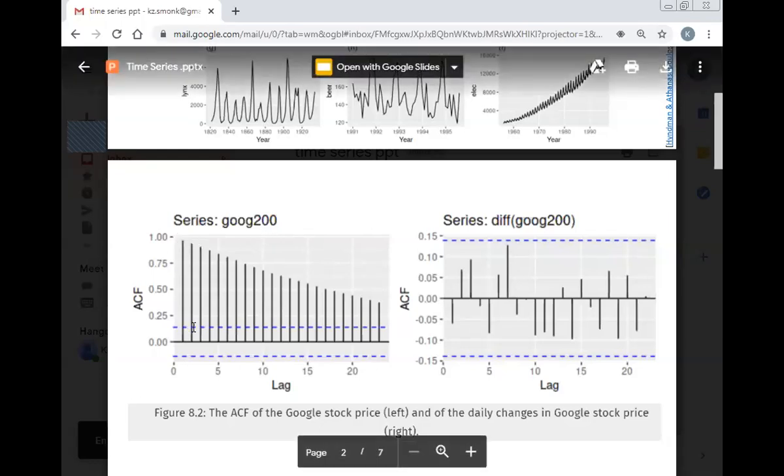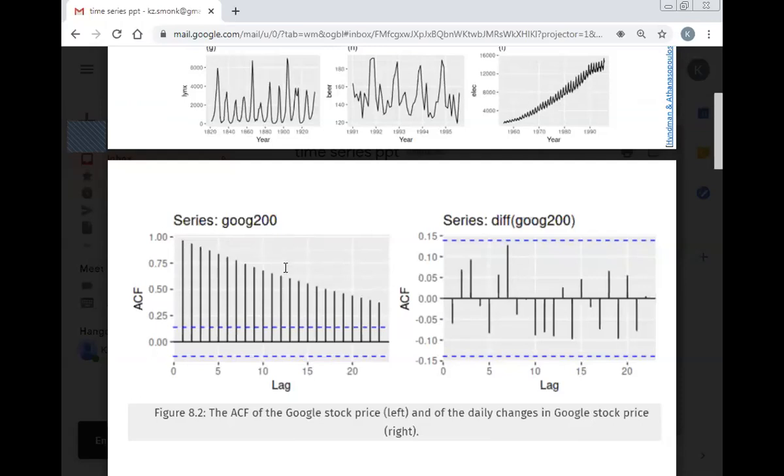I can see that in this graph, my ACF is decreasing slowly and steadily from 1, but it hasn't quite reached 0 yet. So I do know that this model is not stationary in nature. But when you observe such cases, the very first thing that should come to your mind is to difference this series. If you take a difference of this series,